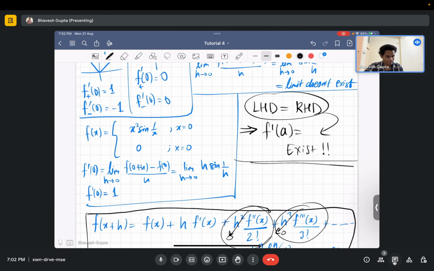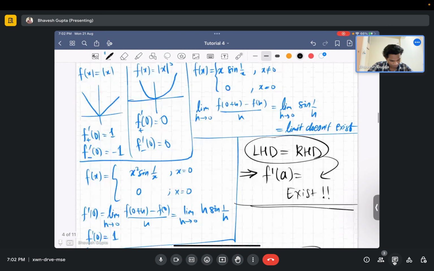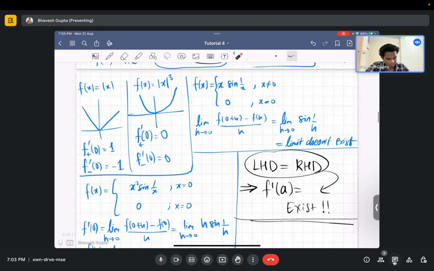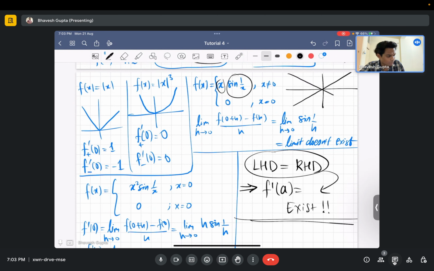Okay, so that's a good idea. But there's an interesting function here. This function is the important function because it is an oscillatory function. If I just try to make a plot over here, what do you see? You have an oscillatory term and you have an algebraic term. So you basically have these asymptote lines at y equal to x and y equal to minus x, and in this you have these oscillations,